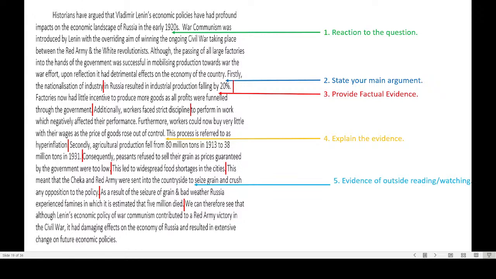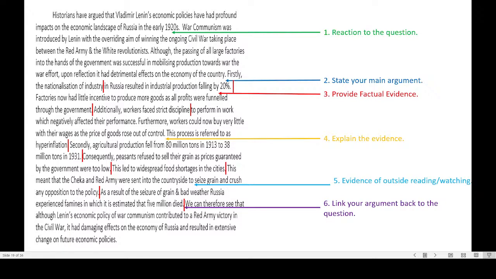Five, we're looking for evidence of outside reading or watching. Now, we don't need to have a quote from a historian in every single paragraph, but if we're demonstrating that this information is not just from the book, we're demonstrating wide reading. I don't just say reading now, I'll say wide reading, watching or listening. So books, documentaries, podcasts, and you can see the quote that I've included there. And then finally, we link our argument back to the question. We can therefore see, and then we're using those keywords from the question in our answer. We see extensive change is what I've said, because that was my argument, that it had profound change on the